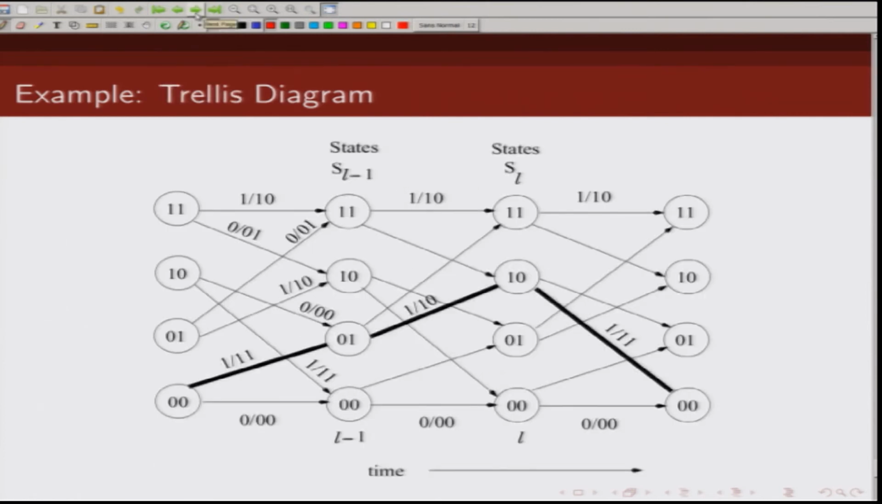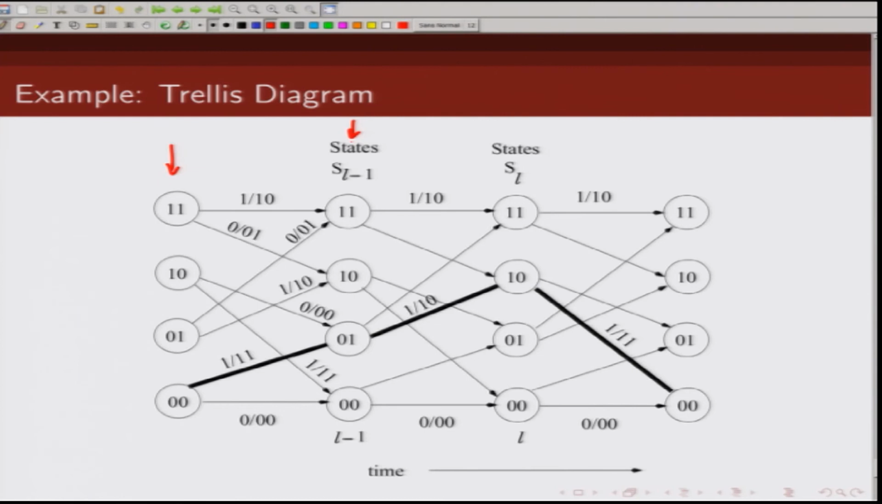Now, how do we draw the trellis diagram for this convolutional encoder? As we said, at each time instance, let us consider this time instance, this and this. So, this is one particular time instance. What we are going to do is, we are first going to enumerate all possible encoder states and we write them